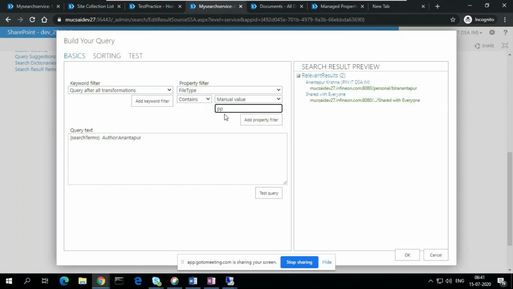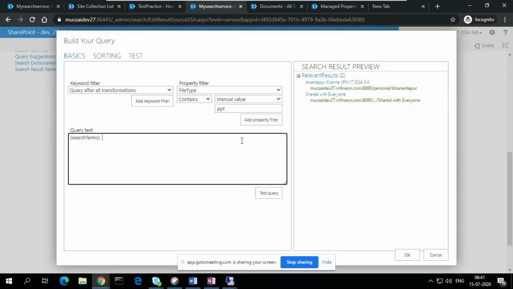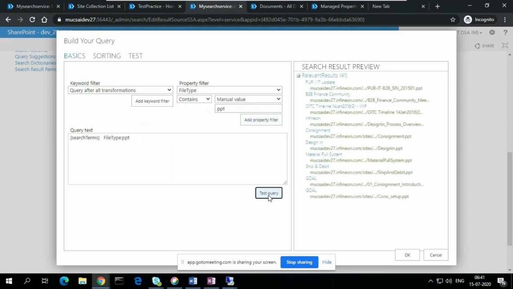PPT. Suppose we can say this, and I will remove this and add property filter. So now it is working, I think. Last time it was throwing some error because of something. So now we can see only the PPT files. We can also add additional filters, like